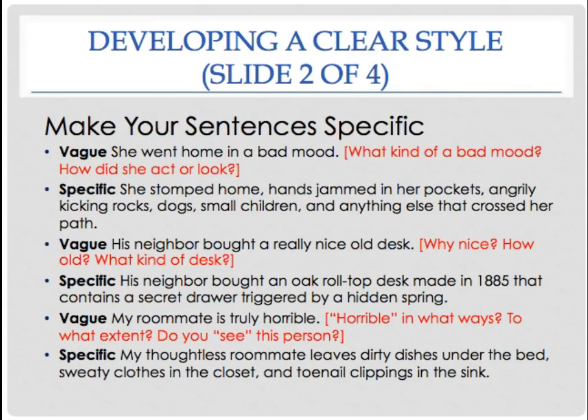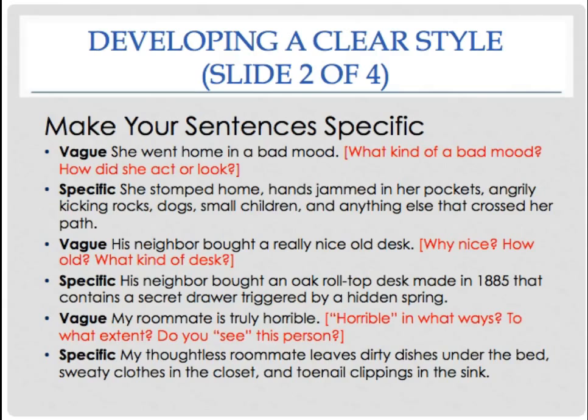So then we have another vague sentence. His neighbor bought a really nice desk. How nice? How old? What kind? But then, to be more specific, you can say, his neighbor bought an oak roll-top desk made in 1885 that contains a secret drawer triggered by a hidden spring. So then you're thinking Downton Abbey and old libraries and roll-top desks,